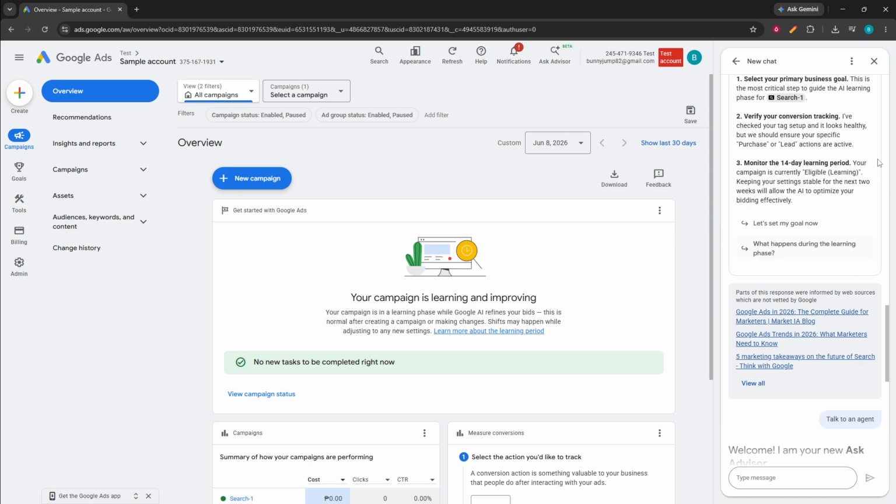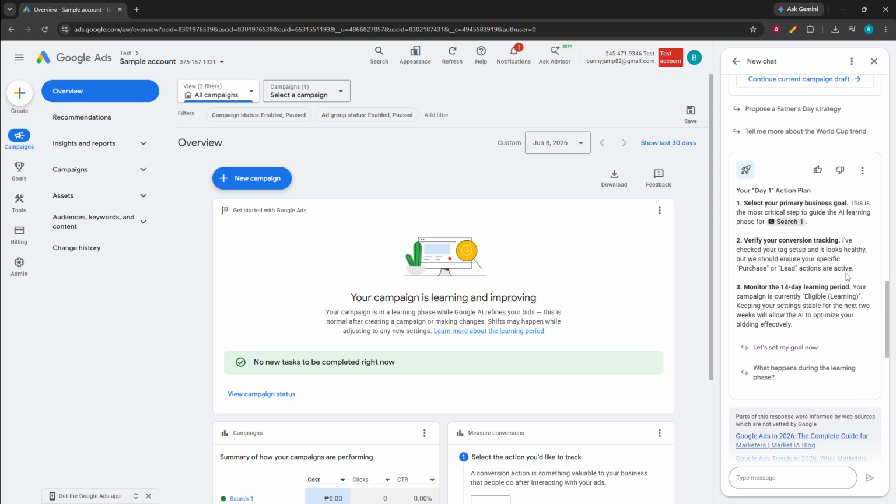Finally, follow any instructions given by the Google Ads support team so the issue can be resolved as smoothly as